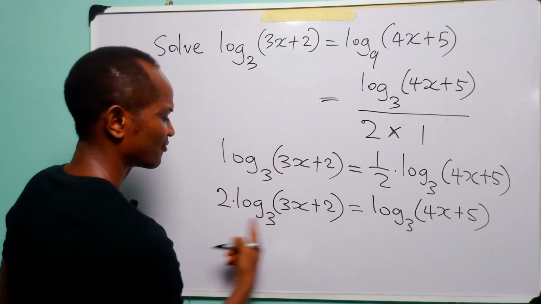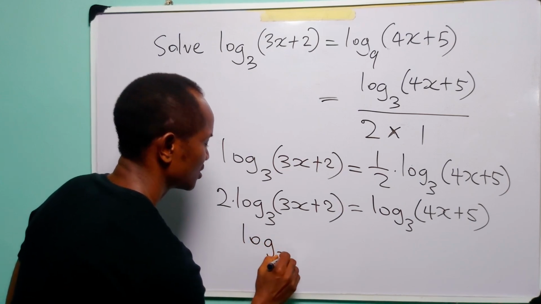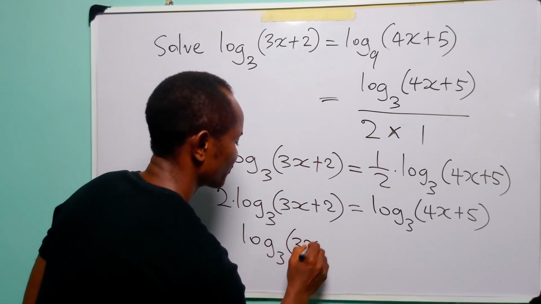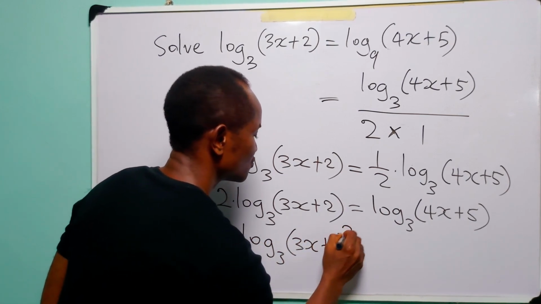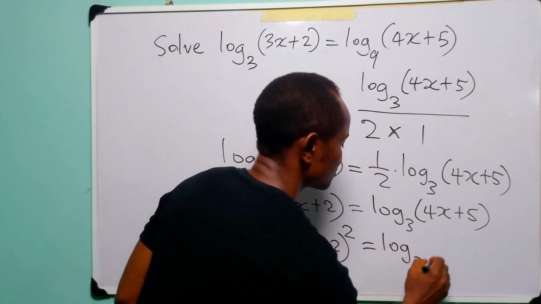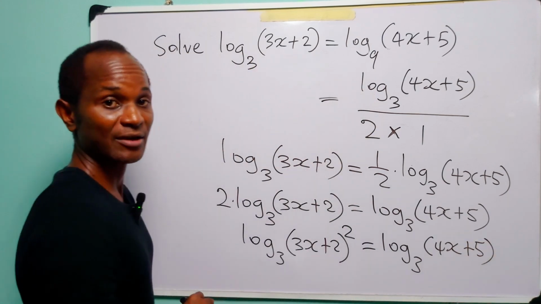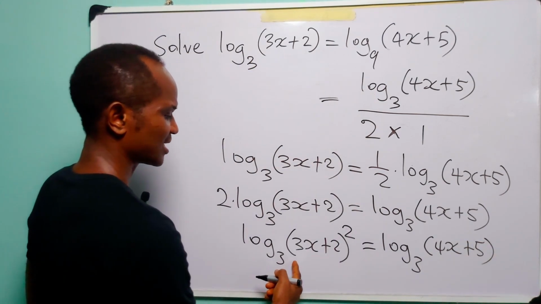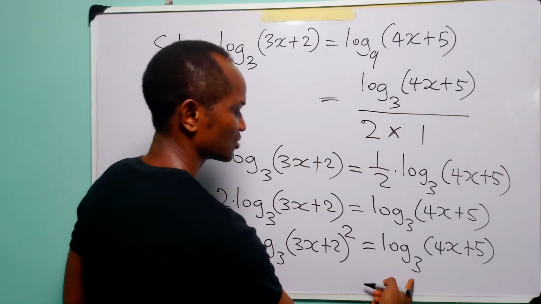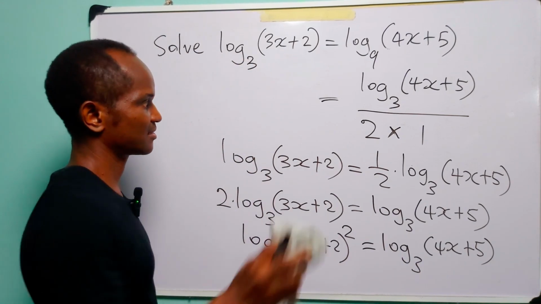So that means that we can write this left-hand side as log to base 3 of 3x plus 2 squared is equal to log to base 3 of 4x plus 5. Now we have log to base 3 of this quantity is equal to log to base 3 of this quantity. So that simply means that